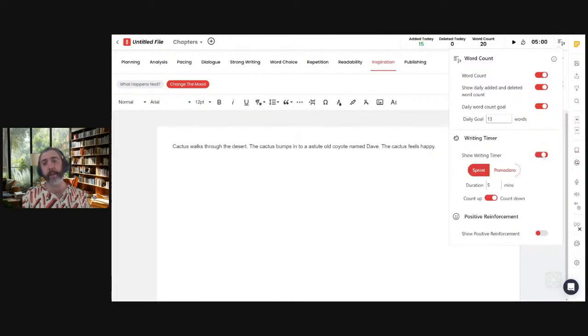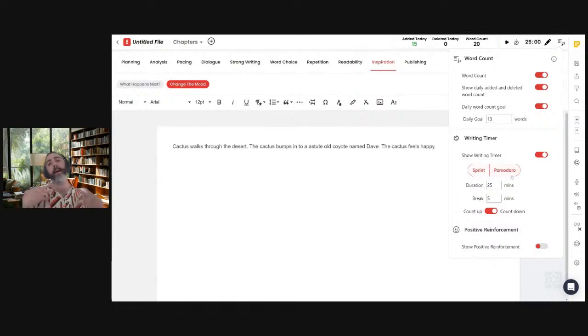So we have 2 timers. We have a sprint timer, right? So for those of you who like to do those ride or die sprints, let me go ahead and just hit it for 0.1 minutes, so it's 6 seconds. If I hit play, you can see here it counts down those 6 seconds, and then it's going to turn green. Bing! And again, it's pretty subtle. It's not too obnoxious there as it's counting down. You can kind of ignore it.